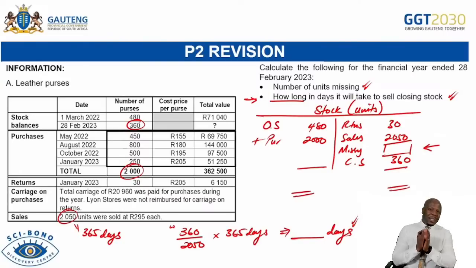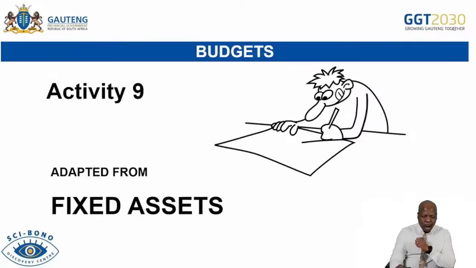Remember to do your specific identification. I don't have time now. I'm about to say goodbye. But remember, guys, you need to prepare your fixed assets. Your fixed assets, it's of great importance. Your fixed assets, I was going to touch on them. Remember to prepare your fixed assets. Remember to calculate your depreciation. You must be able to calculate your depreciation.